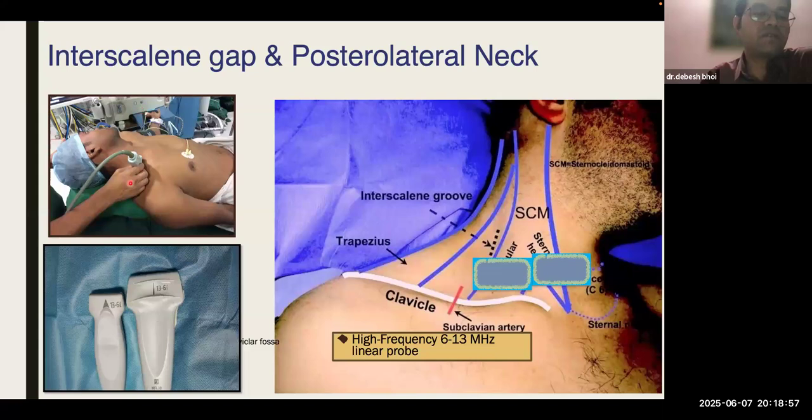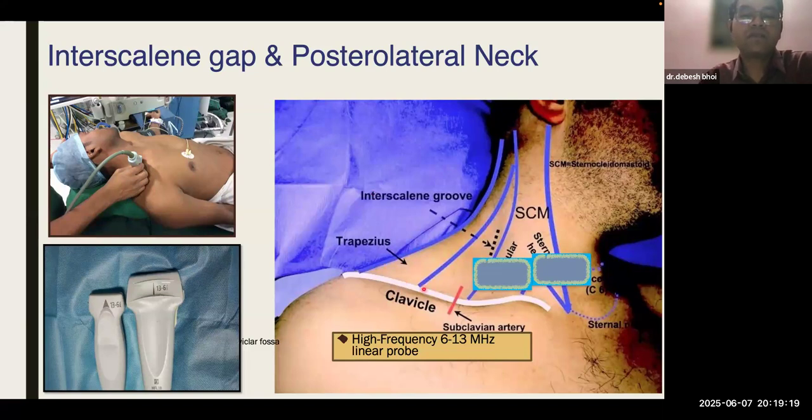You are standing from here, so that any intervention we can do from the ipsilateral side, and by keeping good ergonomics, your visibility of the structures you are identifying, the patient comfort, and also your comfort will be important. So in this case, again, if you see the different areas of the landmark that we normally see,